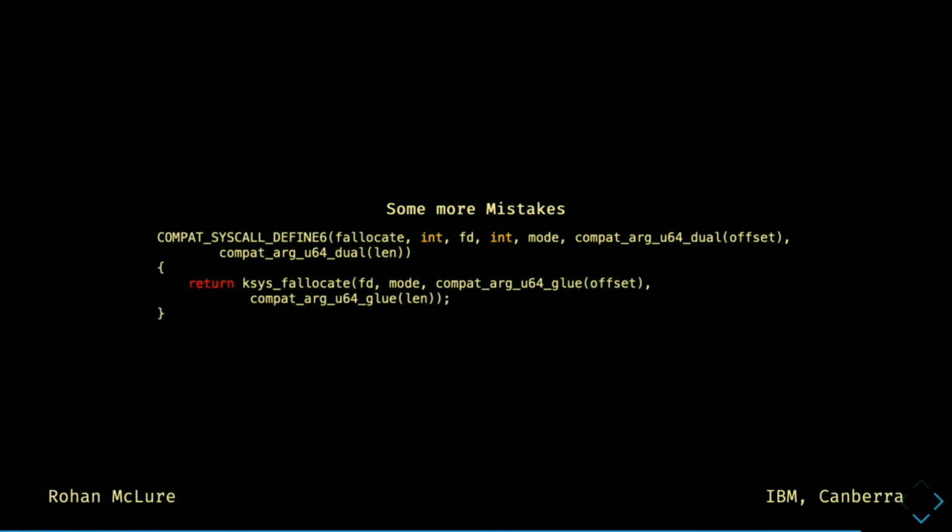There's a subsystem in the kernel you may be interested to know about called asm-generic, and asm stands for assembly, so it's like generic assembly. Essentially, it's bits of macros which all architectures could benefit from having common code for, and people override their own macros. I overrode these macros so that everyone who chooses to can have a compatibility version of fallocate, and that compat_arg_u64_dual is going to split offset into a low portion and a high portion.